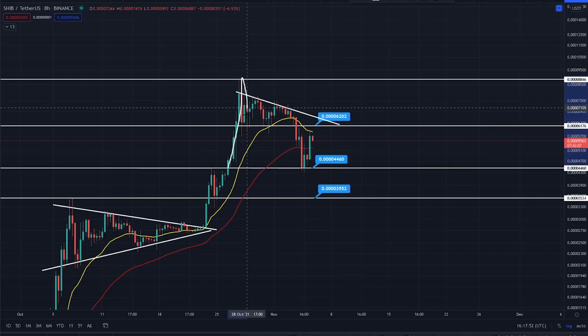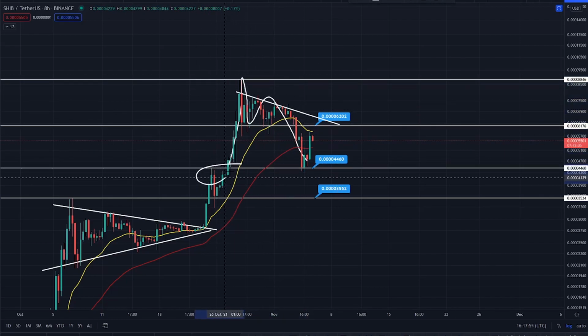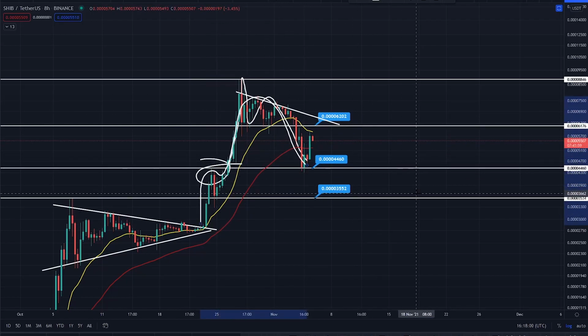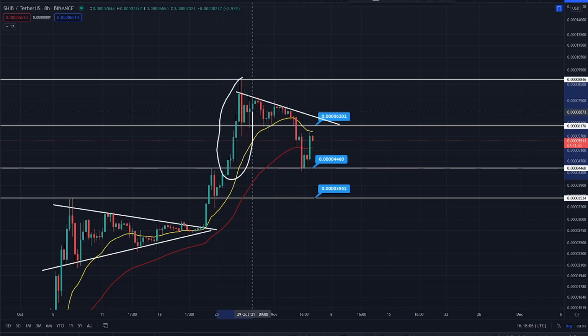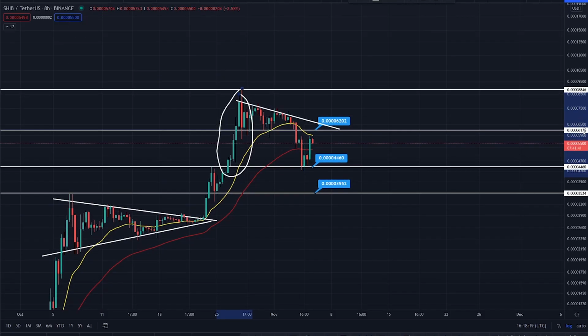When you come up and get overextended, when you roll over, you always bounce off a swing high to swing low. And right now, I know this looks bad, but it's actually really, really bullish. Shib is actually bullish. Can you believe it? Now, I remember when I was making the videos just here, I get a lot of comments saying, you don't know what you're talking about, it's going to the moon, stop telling people that if you buy big green candles, you get big red ones. Well, you do. When you get these parabolic moves, you always see a level of cool off.